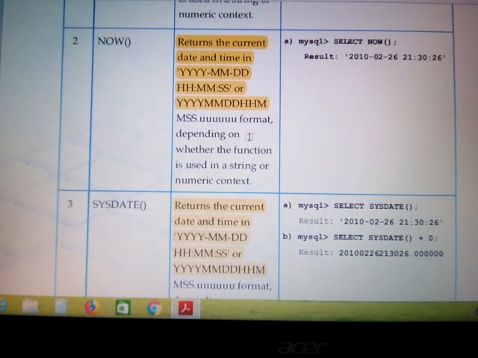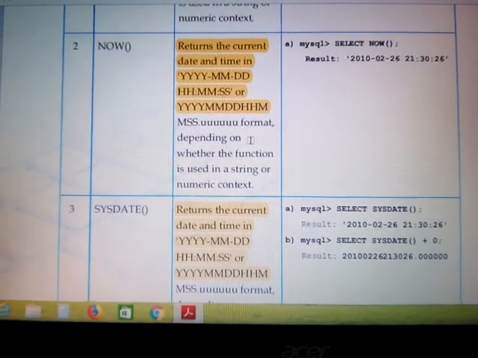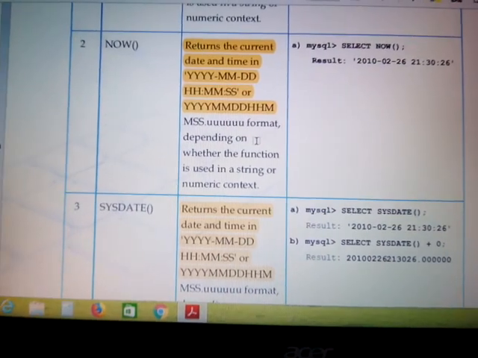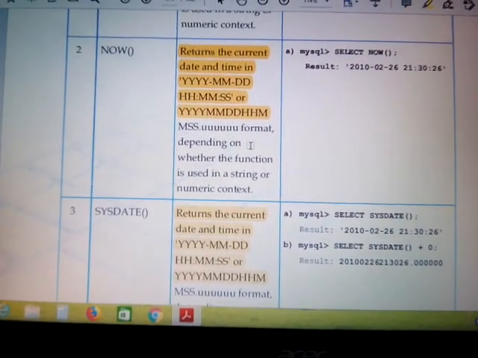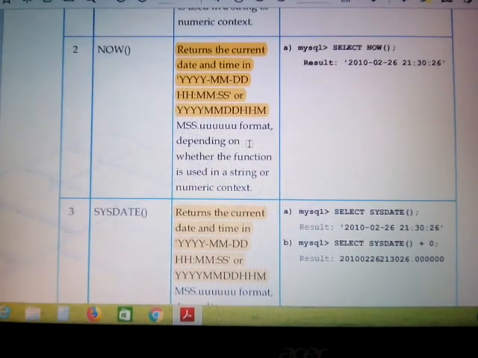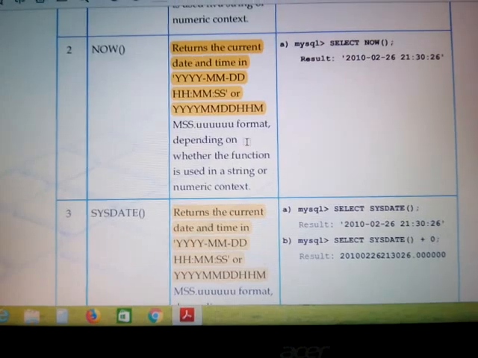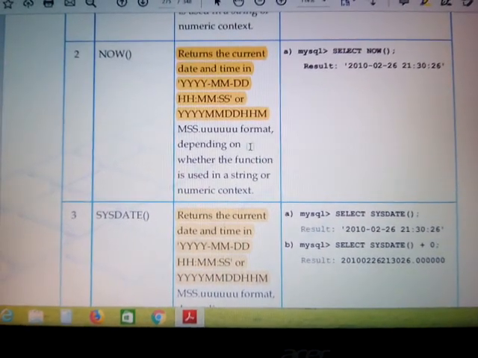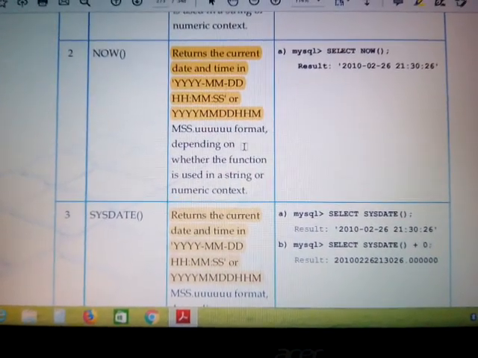This is the time at which we began the statement, right? Now I have written the SYSDATE function. SYSDATE will tell you the exact time just after writing this statement.